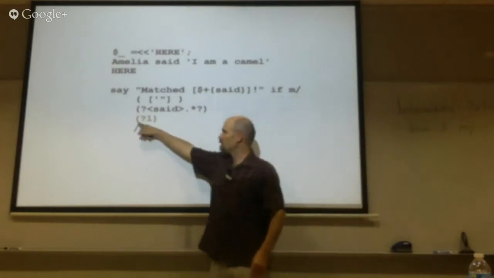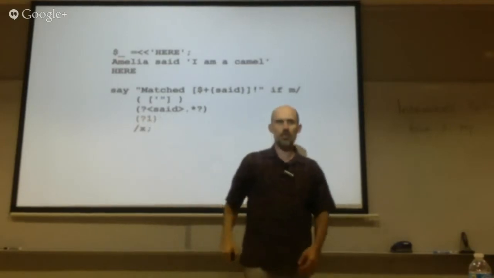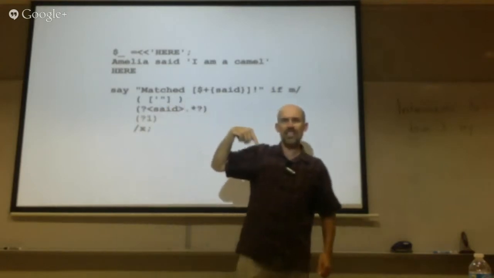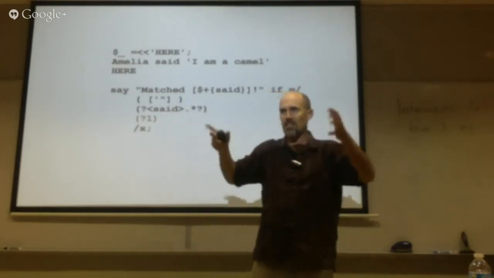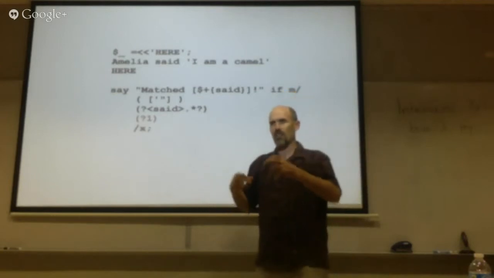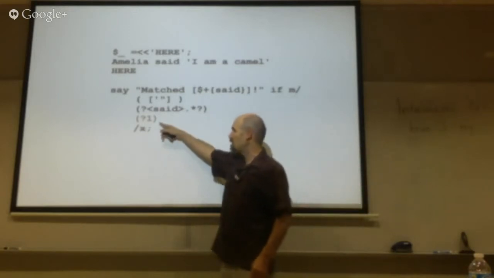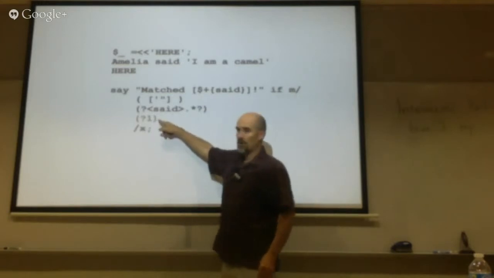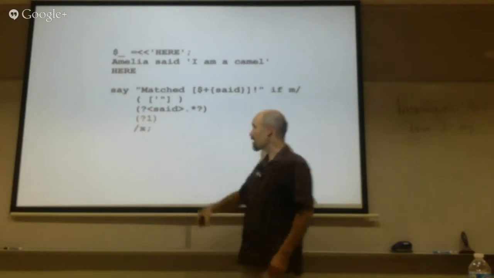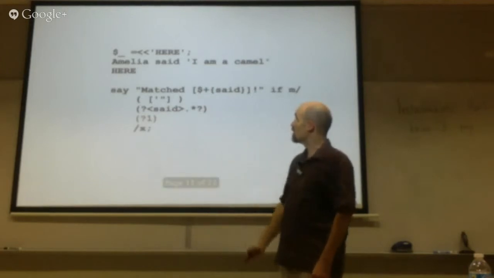When you see the open paren, the question mark, and then a digit there, that means go back to that first capture group, which is this guy, and run that capture group again as an independent subpattern within this pattern. And independent means it gets its own set of memory variables and captures and all that sort of stuff, and it will match whatever it matches, and then advance the match counter how it needs to. And we're going to see how that can help us out later on. That's really nifty. Right there, nothing too fancy, though. I'm just showing you how that works in that very simple case.